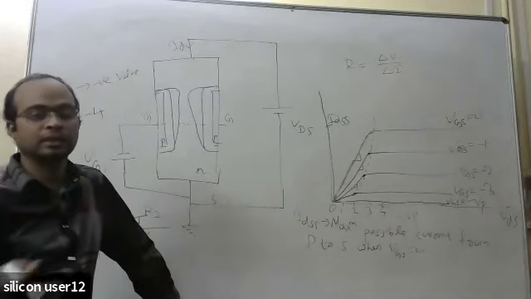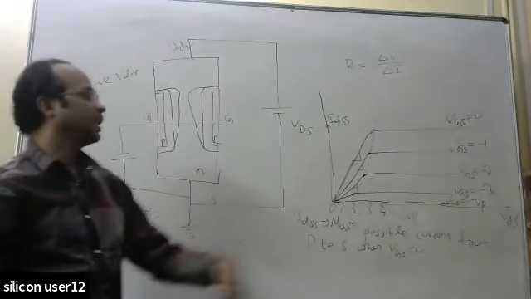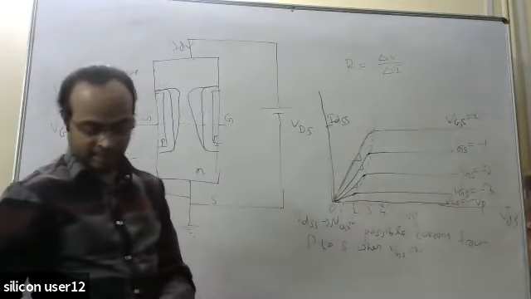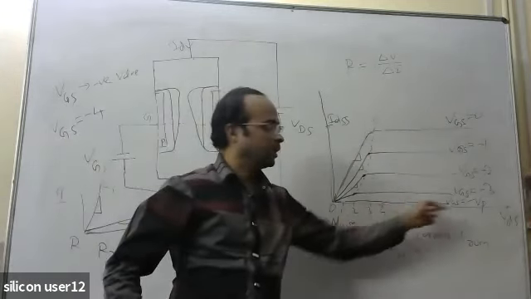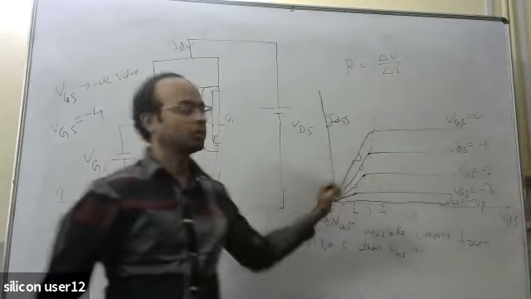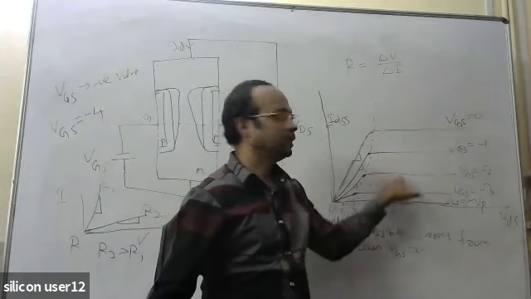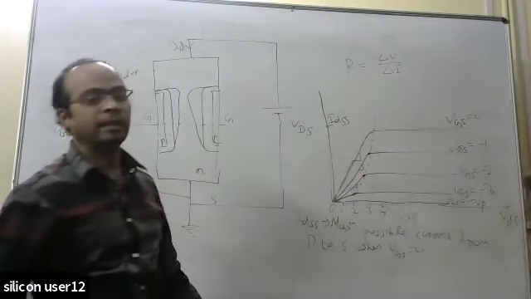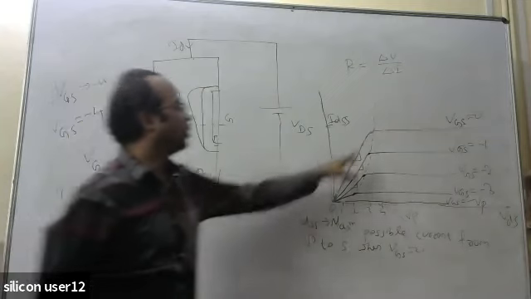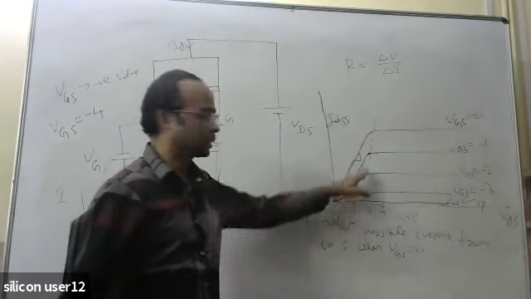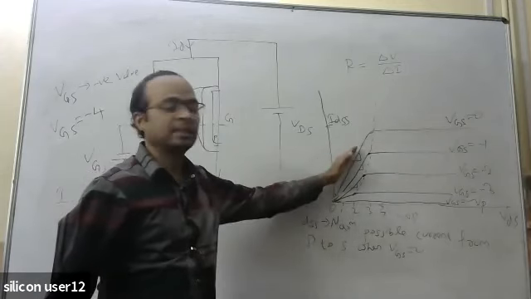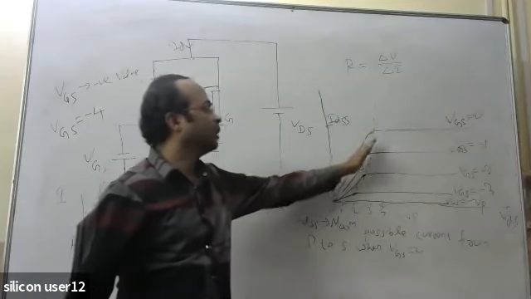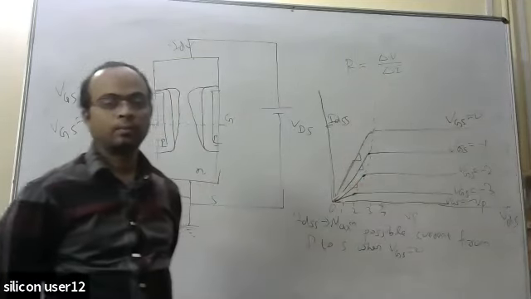After the saturation point, the current will be almost constant, or you can say the resistance is infinite. If the current is not changing after the saturation point, then its resistance is almost infinite, because with respect to change in drain voltage, there is no change in current. So in this region the resistance of the device is infinite. But before this point, the resistance of the device is some finite value, and that resistance value can be changed by variation in the gate voltage. Understood?